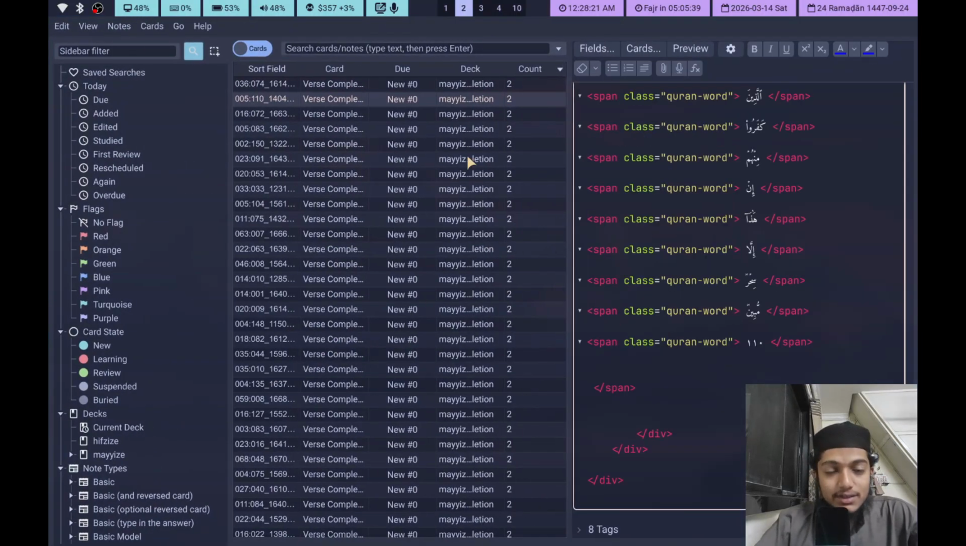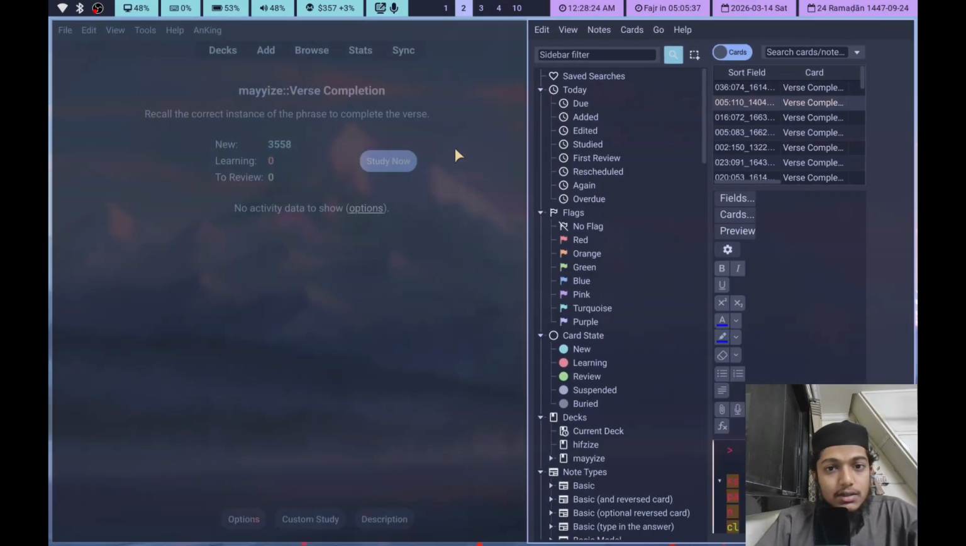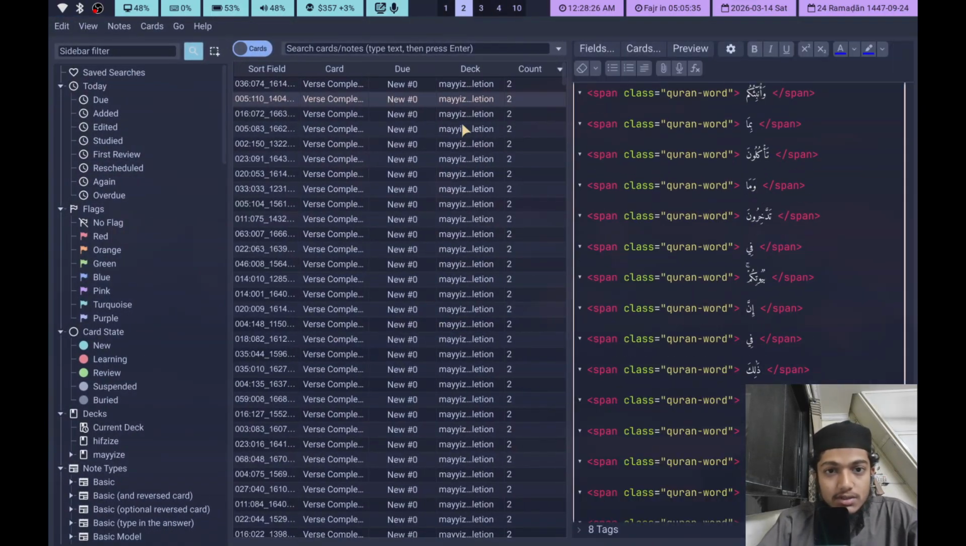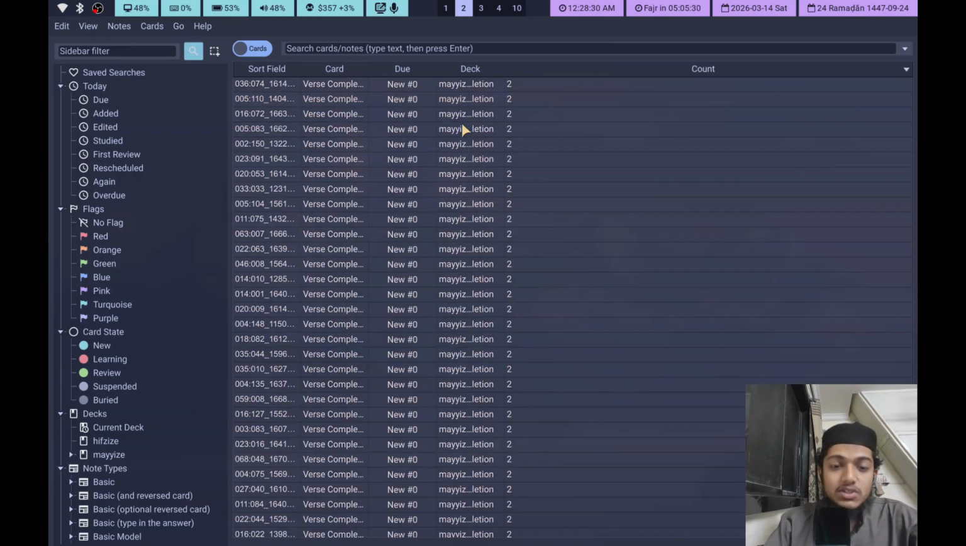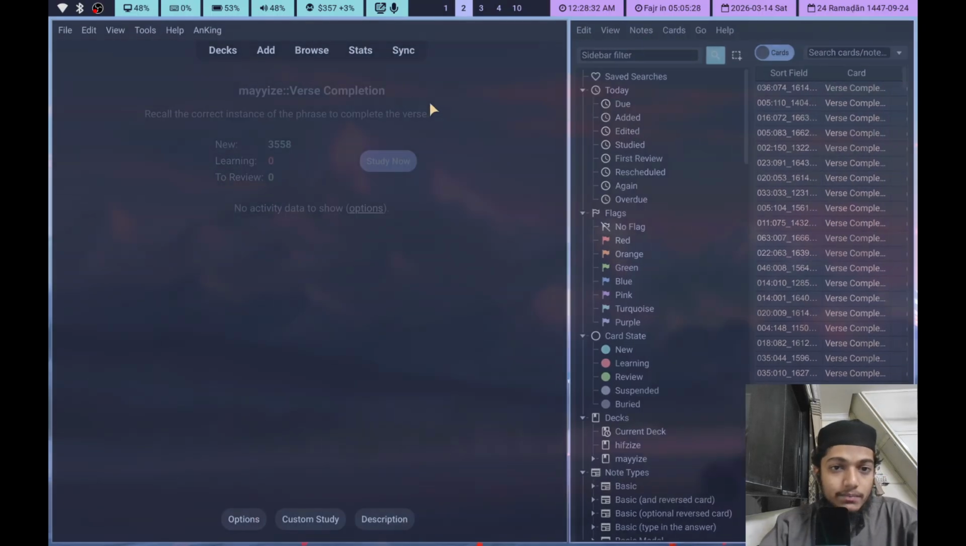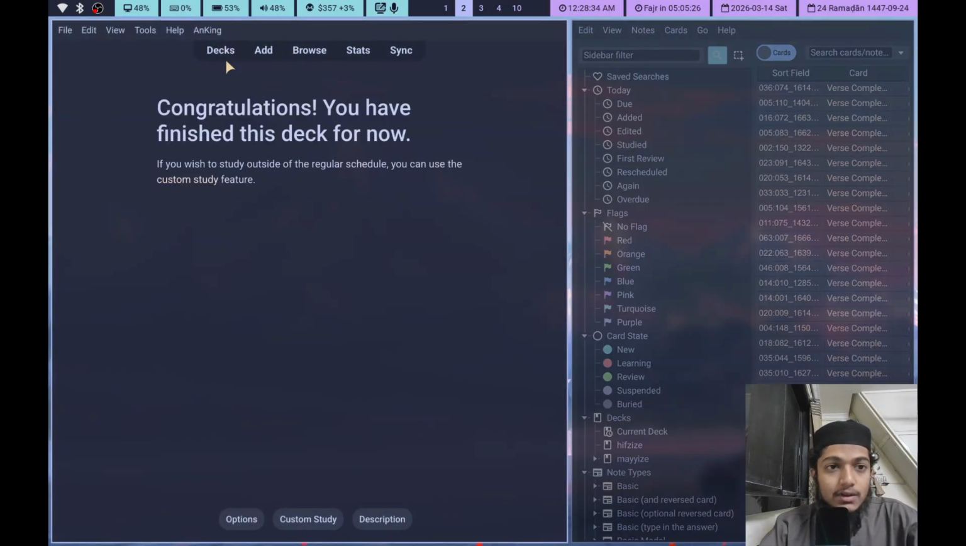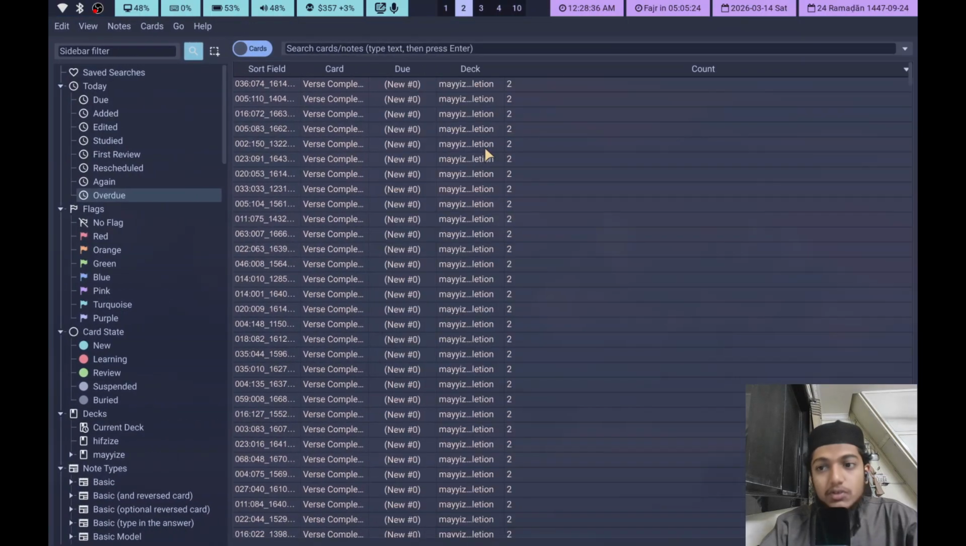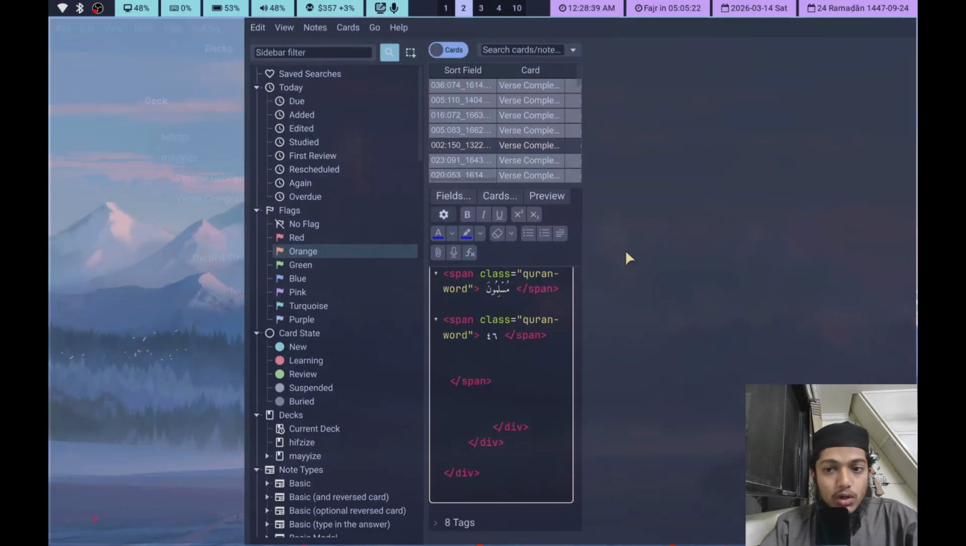Now, yeah, that is basically the deck. The recommended way to use this is, for the phrase recognition, to not use it in the first place. For verse completion, suspend all of them. Okay, then as you memorize, what you do is you